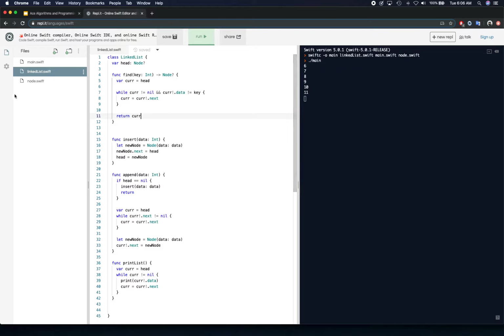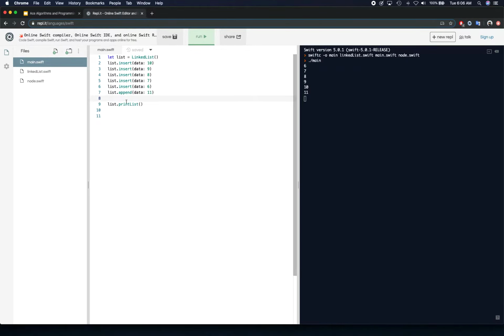Okay. So with that, let's go to our main program. Our linked list is still good. So we have 6, 7, 8, 9, 10, 11. I'm going to comment this one so as not to get confused with the output that we're going to print, and we're going to say let found is equal to list dot find. And let's say we want to find the key 8, maybe in this case, right? And we're going to print